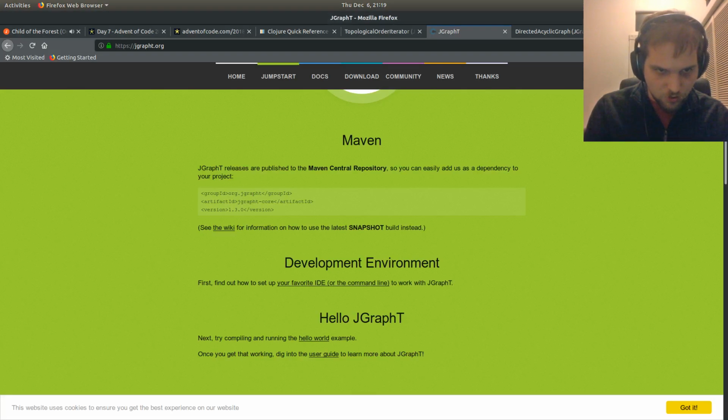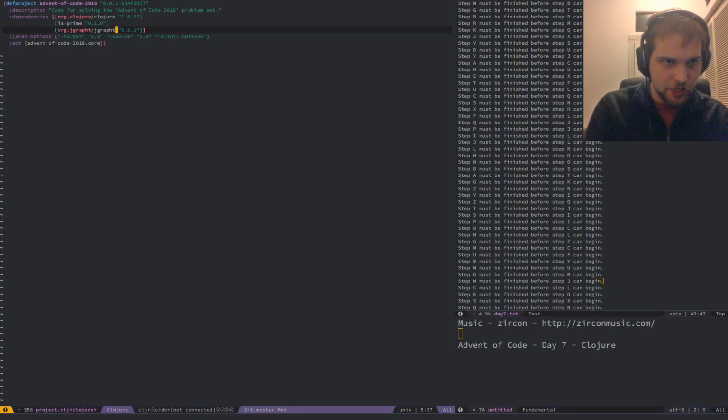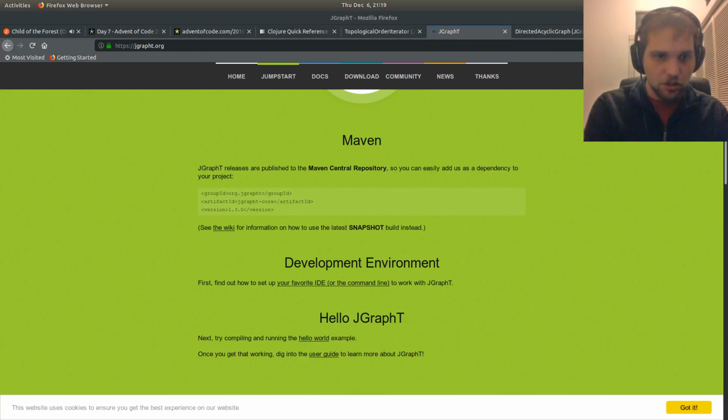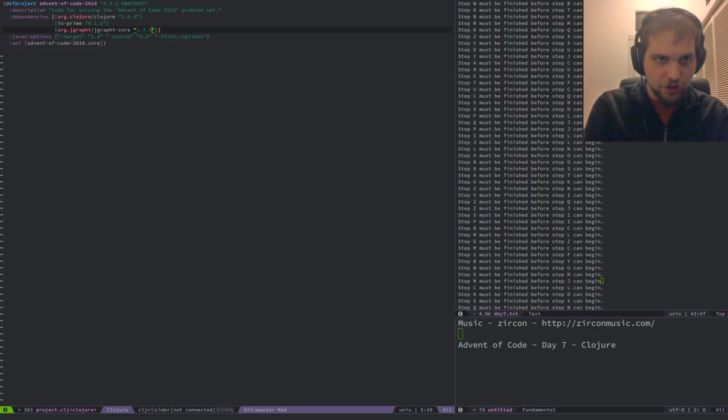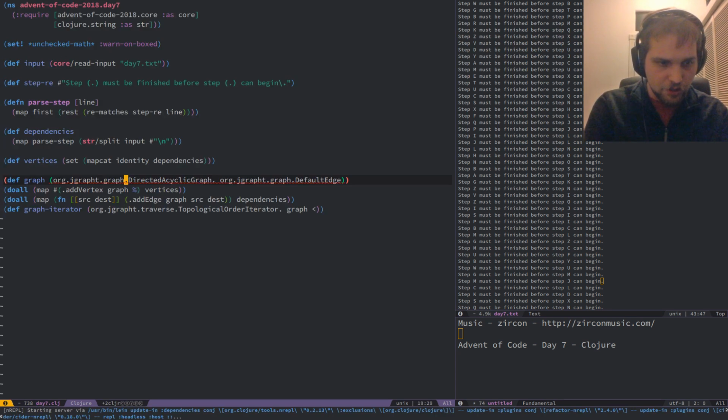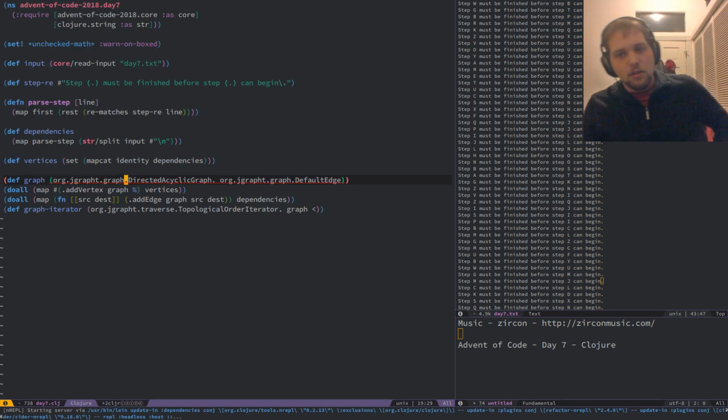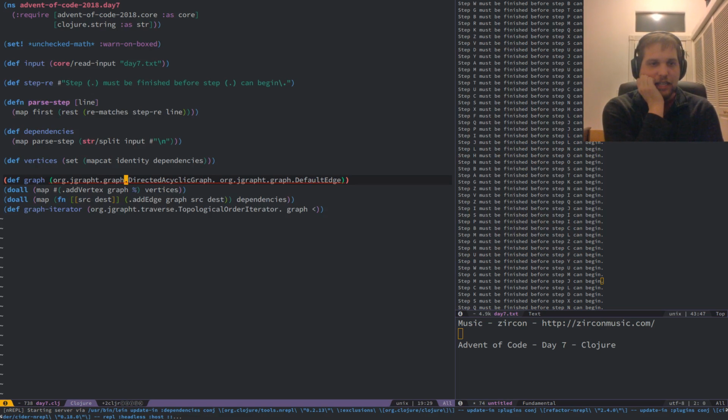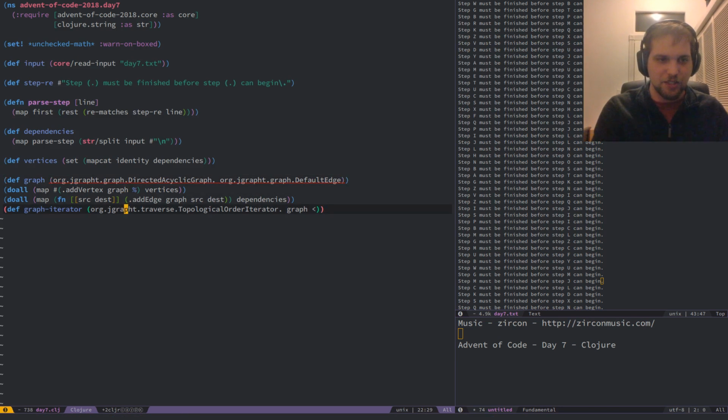This is org jgraph-t core. That's probably why I screwed it up, actually, as I didn't use the dash core. And then 1.3.0. So write that, close that down, restart my REPL. Okay, well, I'm slowing down drastically trying this approach, unfortunately.